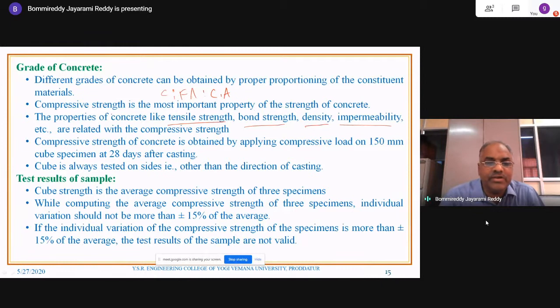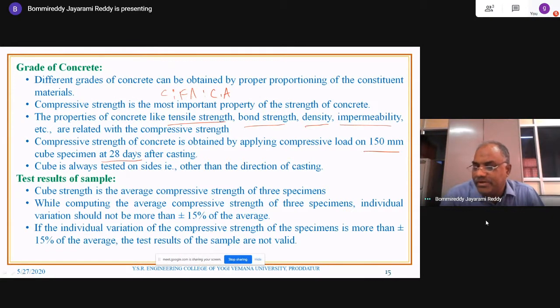If the compressive strength is more, then naturally the other strength properties will also be more. Normally compressive strength of concrete is obtained by applying compressive load on a 150 mm cube specimen